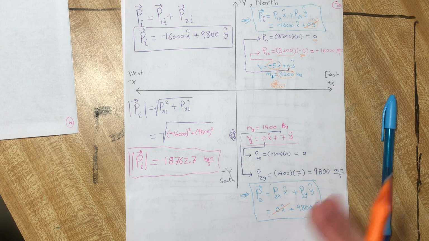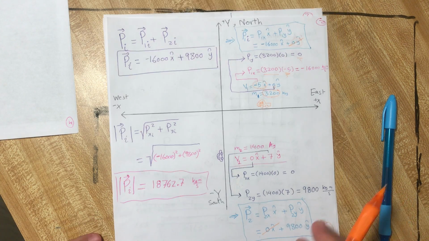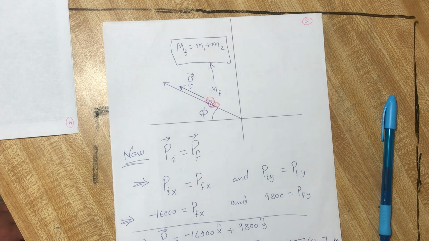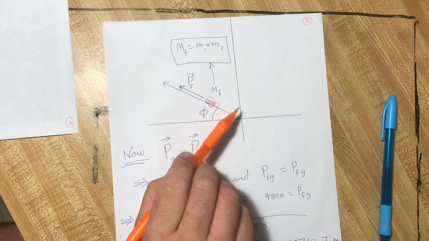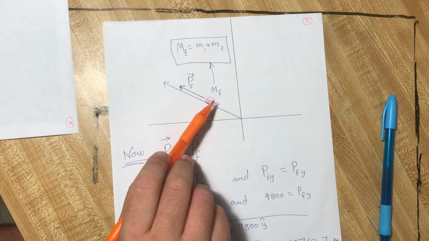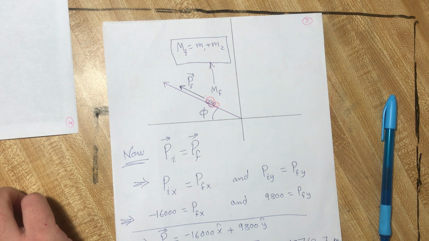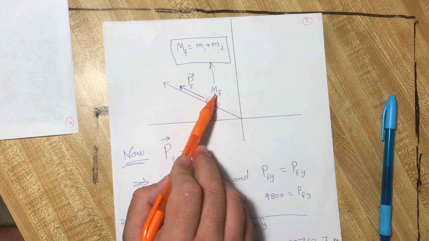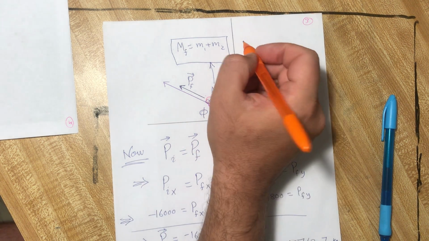Be careful, we have x component and y component for each body together. Divide your question. Now, let us go to the final values of the system after the collision. After the collision, they stick together, the car and the truck. They have final momentum, P final. They have final mass, which is, as we said,